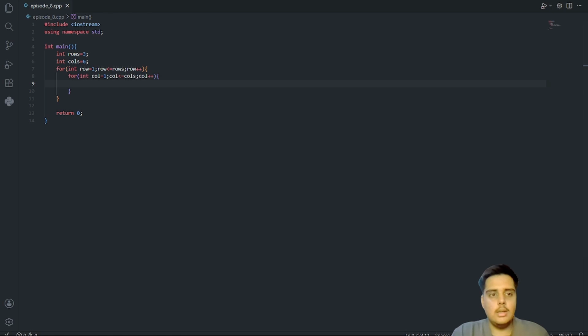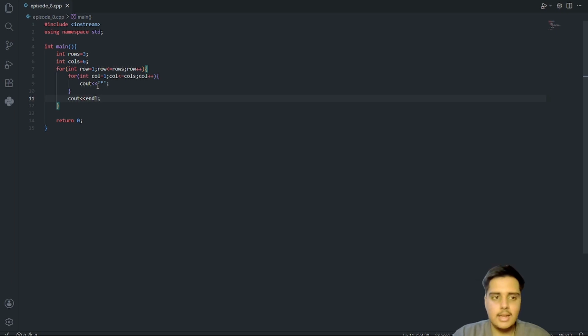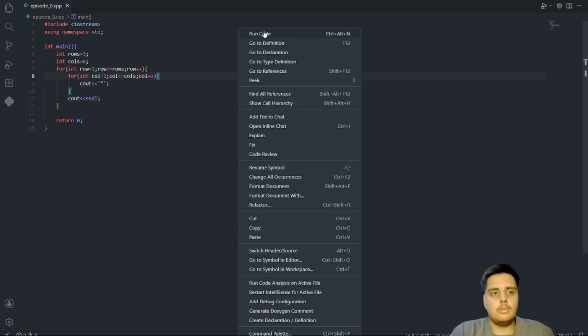So as you can see, I have taken col is equal to 1 and col is less than equal to cols, which is 6 here, and above, row is less than equal to rows, and the rows are 3. So simply we will say cout star, and the necessary end line statement so that we get the required pattern.